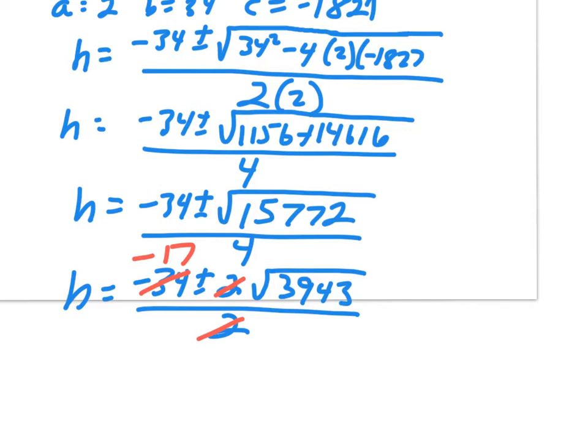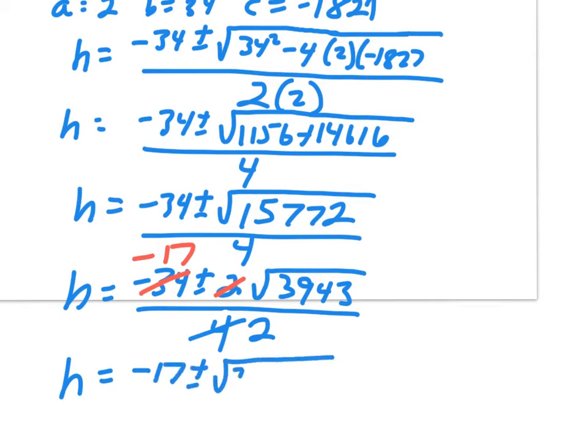I'm sorry, hang on, I canceled a 2 prematurely there, that should be a 4. I can cancel a 2 out of there, and that will get me h equals negative 17 plus or minus root 3943 over 2. And that looks like a big mess, but